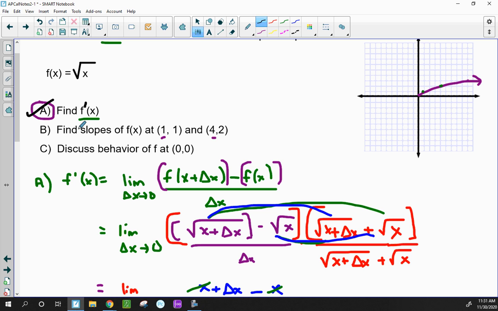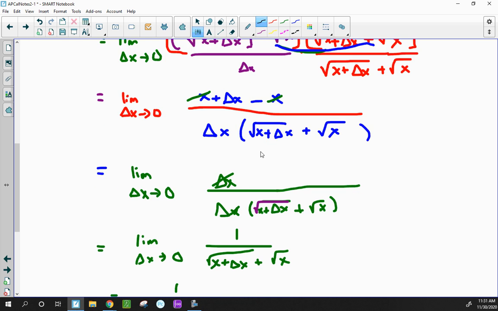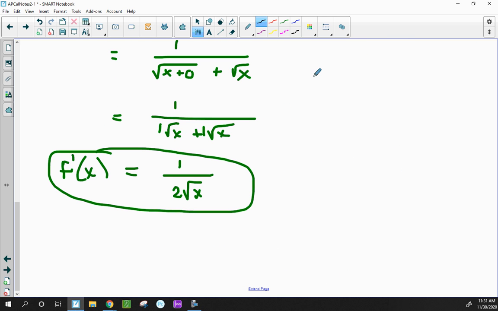For part B, we now find the slope of f of x at 1, 1, and 4, 2. And so what that again means is, imagine the tangent line drawn here. We're trying to find the slope precisely. So for part B, you would go here. Let me go right here and show you quickly. At the point 1, 1,